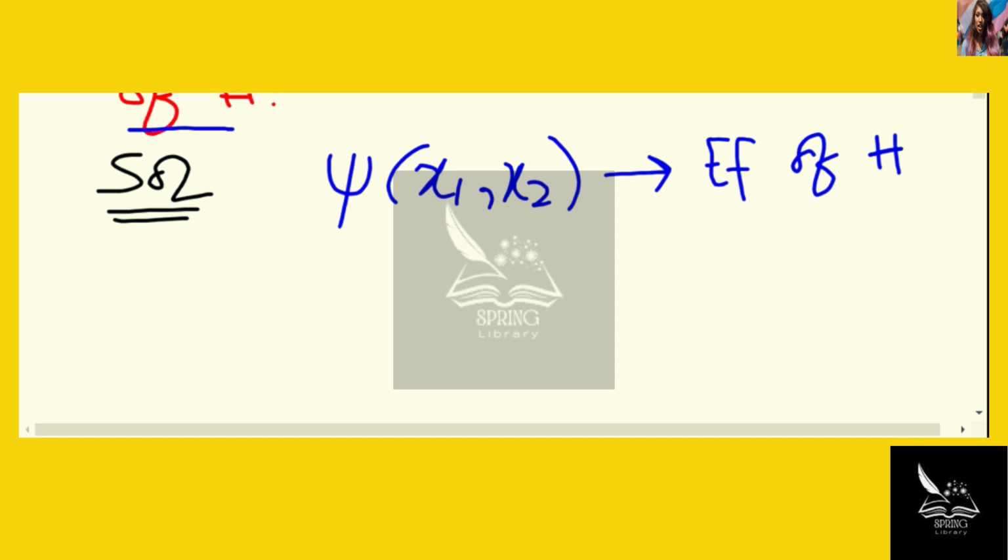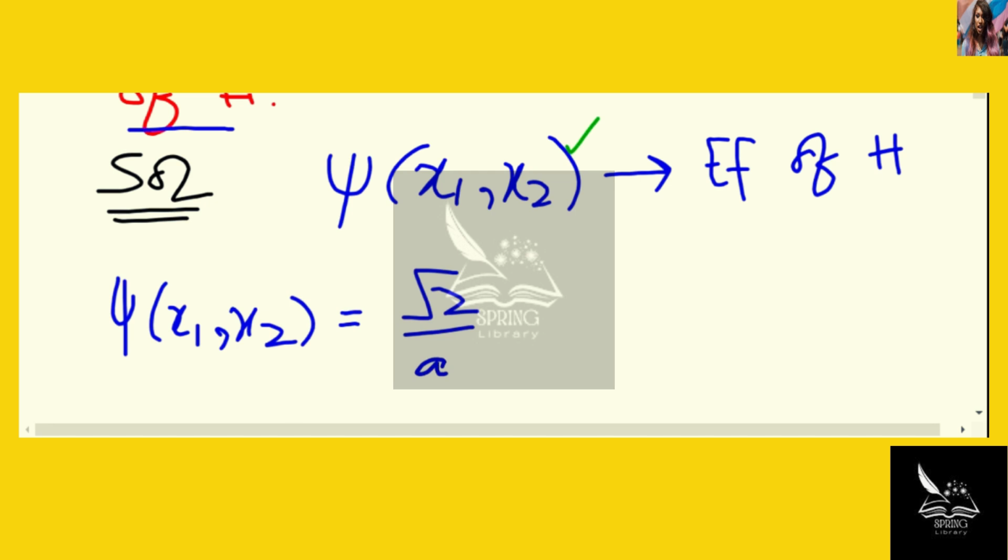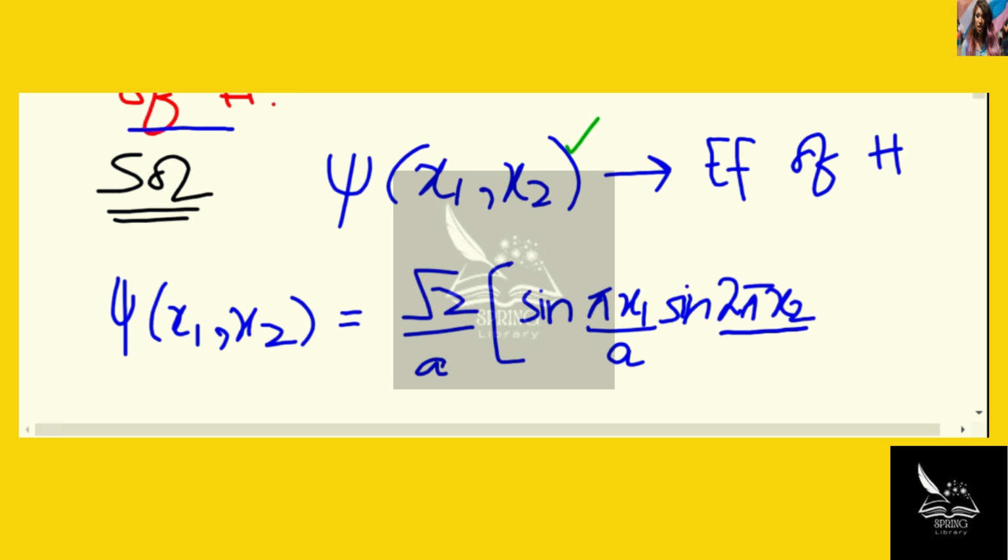So this function would be something like this: ψ(x1, x2) equals root 2 divided by a, sine of pi x1 divided by a, sine of 2 pi x2 divided by a, and negative,